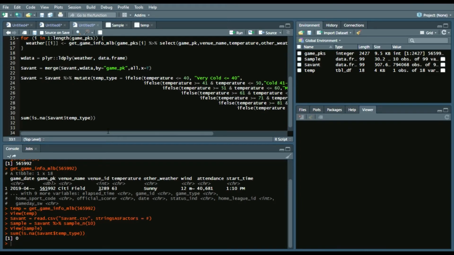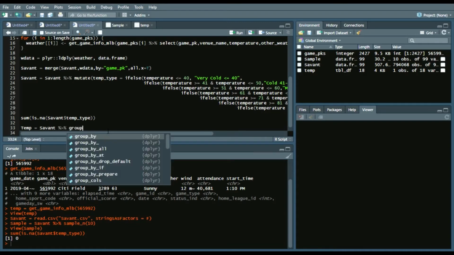Now what we'll do is create various tables or plots, and one, off the top of my head, is grouping by each temperature interval, not by tens, but each singular game temperature, and then plotting those results. So how we do that is simply, we'll call temp a new data frame, Savant,